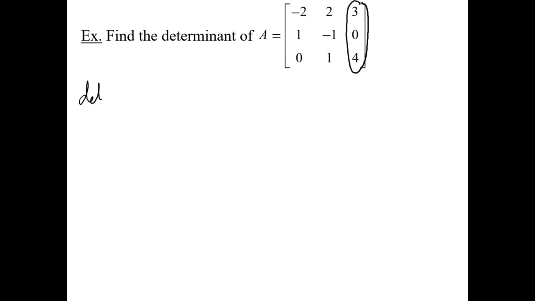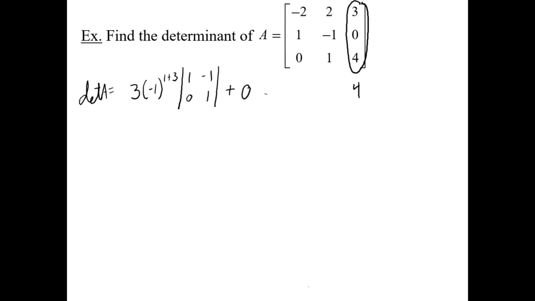Now, as I said, for this method, I'm going to do it all at once. The determinant of A is equal to. So I'm going to take the entries of that column. So that was the 3, the 0, and the 4. Now, for that 3, we're going to multiply by the cofactor. So the cofactor would be -1 raised to the 1 plus 3 power, because that 3 is in row 1, column 3. So raised to the 1 plus 3 power. If I remove the first row and the third column, I'm left with a smaller matrix, 1, -1, 0, 1